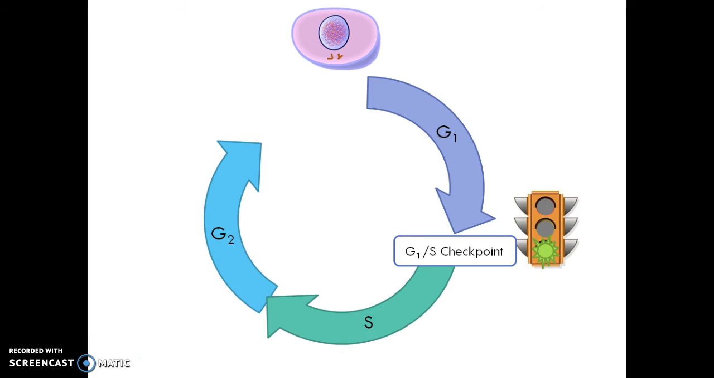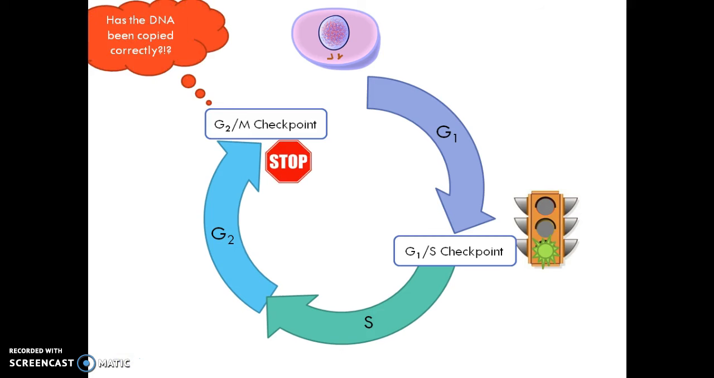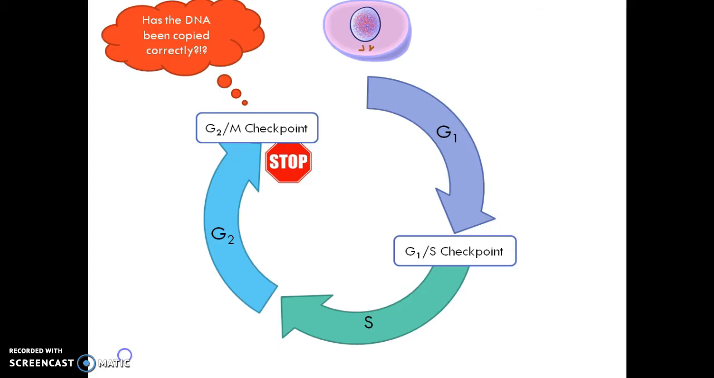However, before it can reach mitosis, it's going to hit another checkpoint. This is called the G2M checkpoint because it's between G2 of interphase and mitosis. Here, this checkpoint is going to determine whether the DNA has been copied correctly. If there are any mistakes in the DNA, two things can happen. One, we can use DNA repair enzymes to fix the mistakes, and the cell can continue on in the cell cycle, or the cell might commit suicide and go through apoptosis to prevent incorrect cells from being duplicated. However, if at this G2M checkpoint the DNA has been copied correctly, the cell is then ready to move on